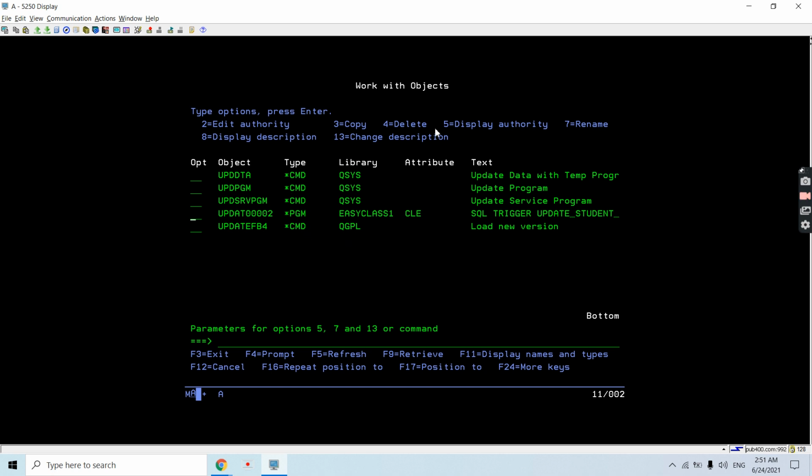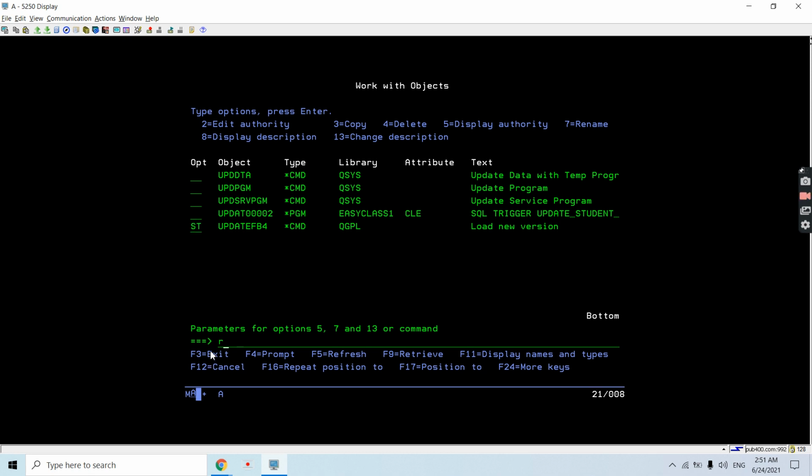Here the object name was generated by the system because we did not specify the specific clause in the SQL trigger source member. If we had specified that, then the trigger object would be created with the name we specified in the specific keyword.